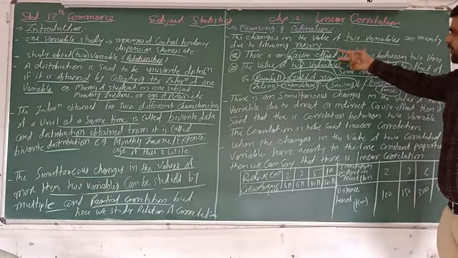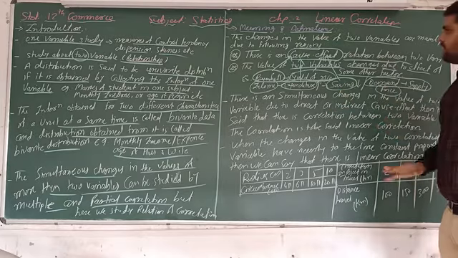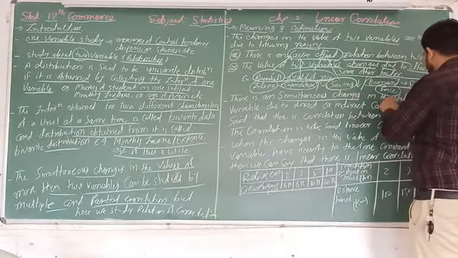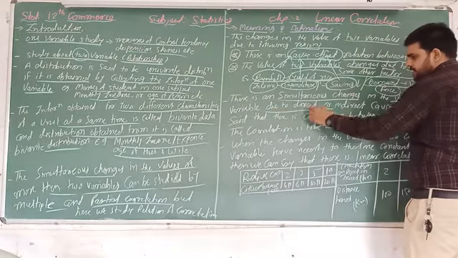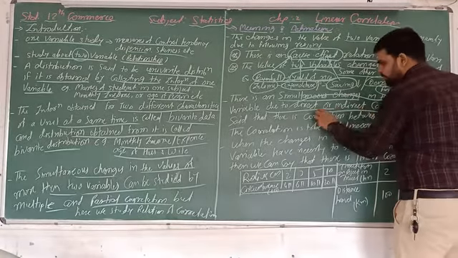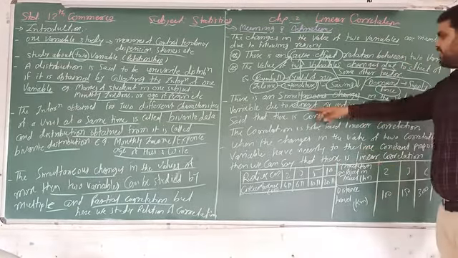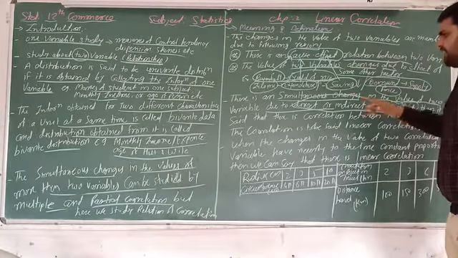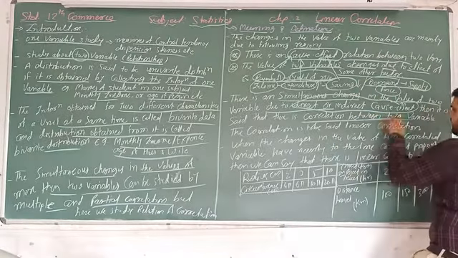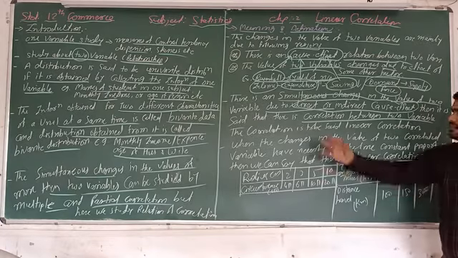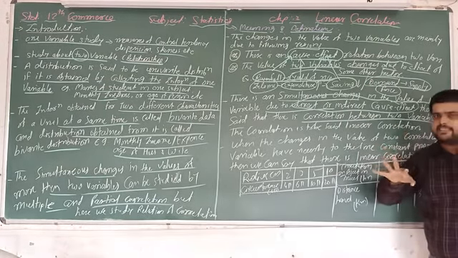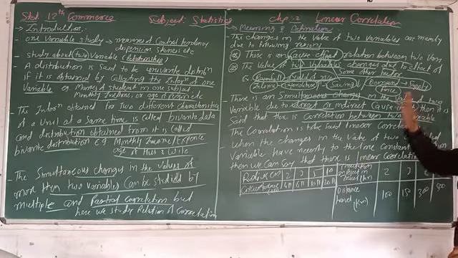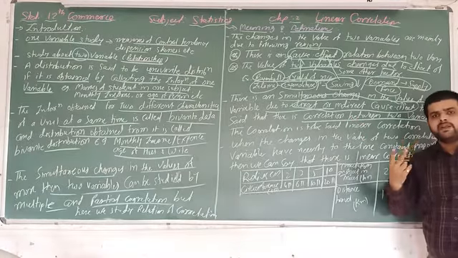Now, on the basis of this, we are going to study the meaning and definition of linear correlation. There is a simultaneous change in the values of two variables due to direct or indirect cause and effect. Whether the cause and effect relationship is direct or through some other factors, that is, indirect, it is said that there is a correlation between two variables. It means there is a simultaneous change because of either a direct or indirect cause and effect relationship. Then we can say that there is a correlation between two particular variables.